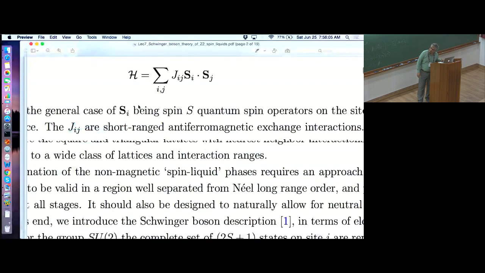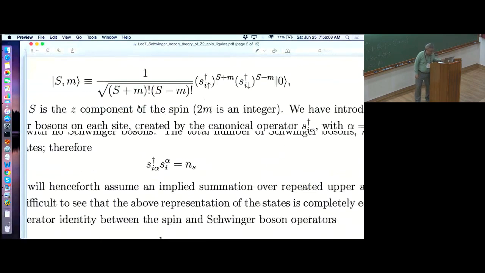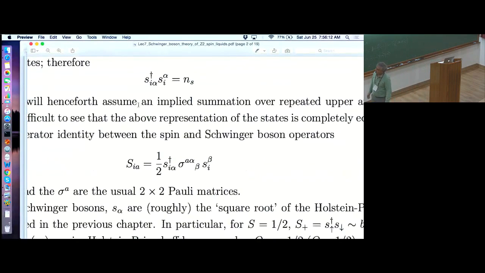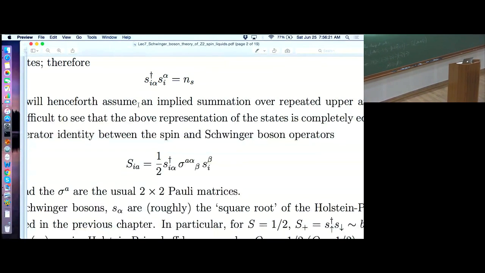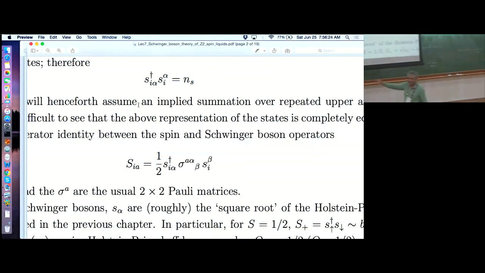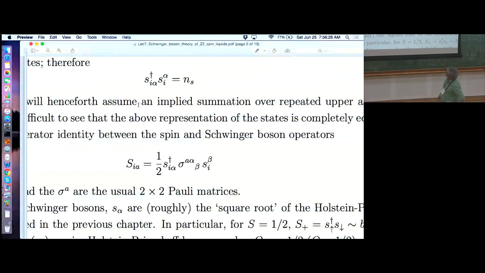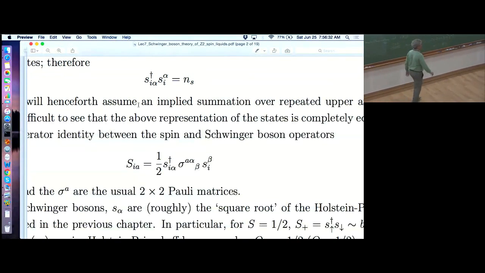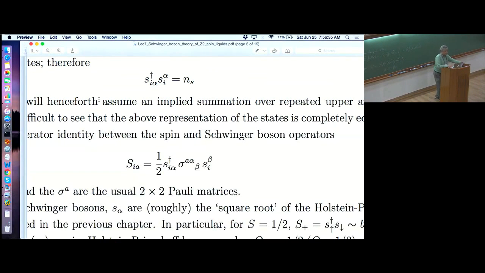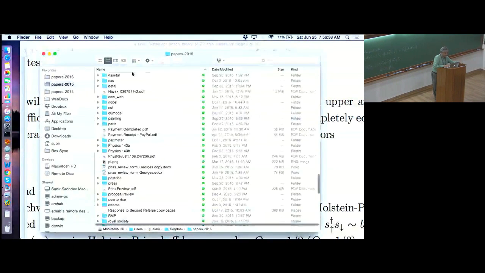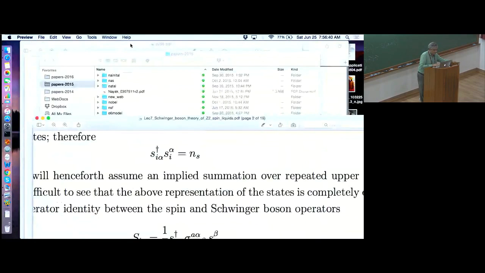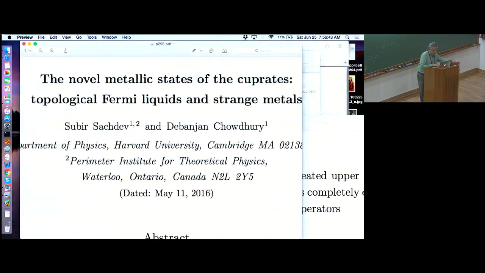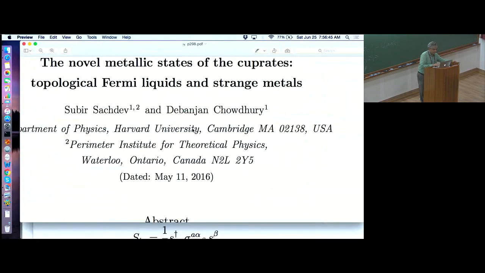All right, so what we're going to do is write the spin operator in terms of Schwinger bosons. So S dagger sigma S. I think, did Kedar introduce this? Kedar's gone. Okay. Did he introduce this? No. Yeah, it's all probably too fast. Okay, let me try it a different way. It's in the other article. I mean, this took me like 2 whole lectures when I taught this in my course, 1.5 hours each to explain this. Let me just do it in terms of pictures.